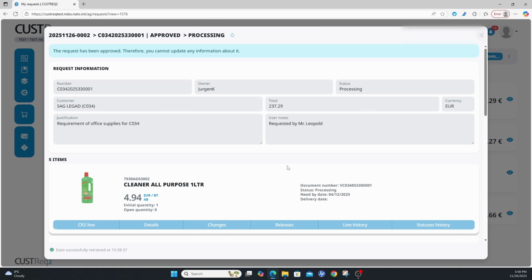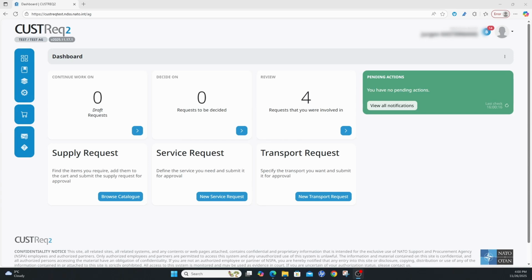And in this scenario, you can see that there has not been an authority after the submission of my request. There could be an authority that needs to approve my request in CustReq. It can also be set up in such a way that it will be approved and it will be directly sent to NDSS. To find out, I go to my